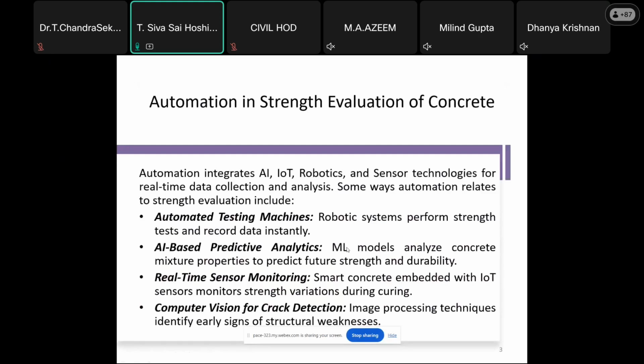For example, if we want to optimize a mix design, generally we use codes and do manual calculations. If we train a model, we can also do trial and error instantly with automation. And for the AI-based predictive analysis,